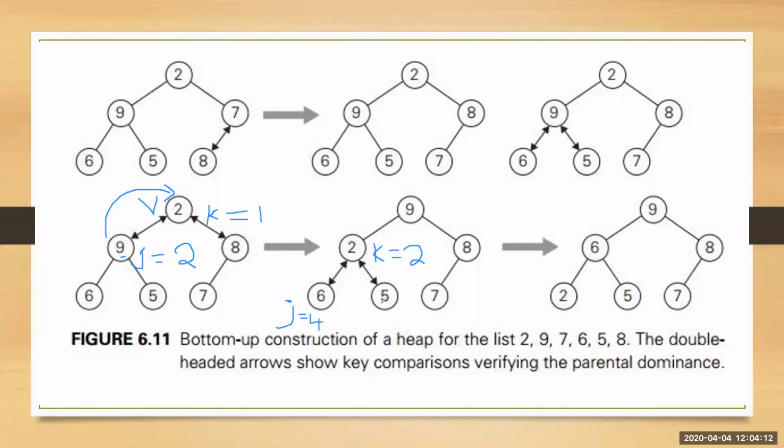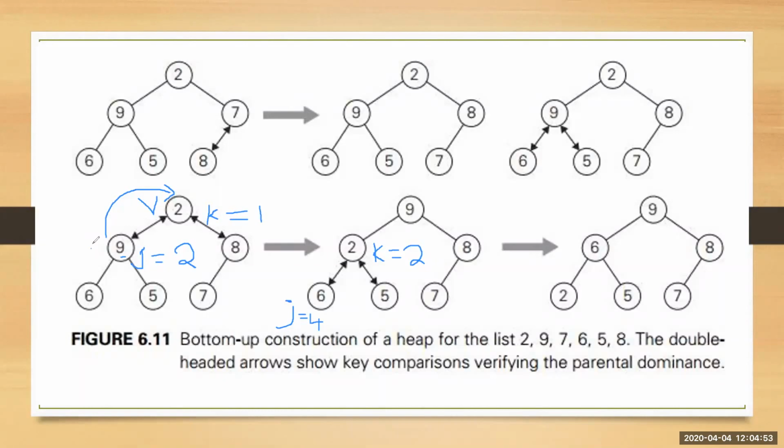It means that it has two children. Now the next step is you have to check which is biggest, whether h of j is bigger or h of j plus 1 is bigger. Now if you see this, h of j itself is bigger. Therefore j remains there itself. Now the next step is you have to compare this h of j, that is the biggest child, with the value v. If you look at the first leftmost diagram, v still contains 2. You're comparing value of v with h of j, that is 6. Once again, value of v is not greater than 6.